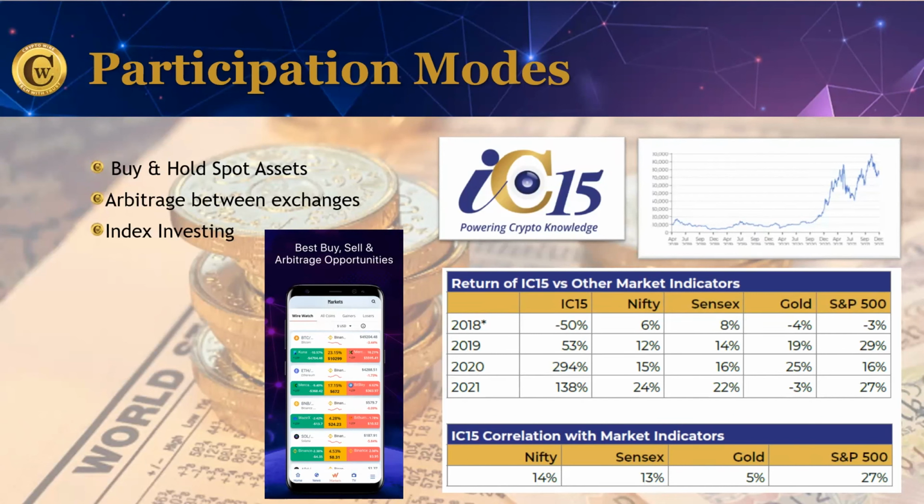Otherwise, you can also take index investing, which is an indicator of the entire crypto market. It's a good mix of the crypto assets which exist today. If you have a look at the total number of listed crypto assets, you'll find about 16,000 plus crypto assets. That itself is a very big number to track and decide from, which becomes much easier if you go for index investing. So that's it.